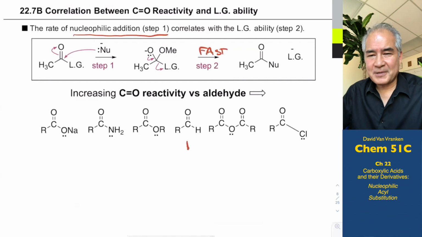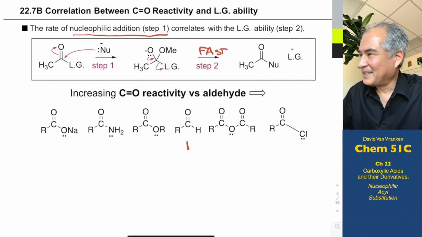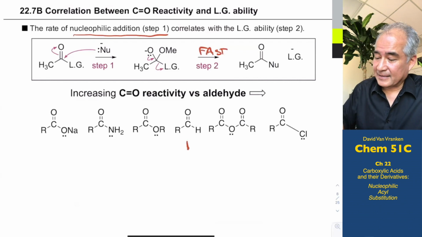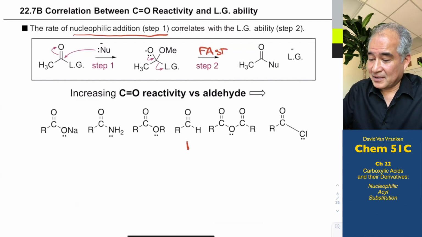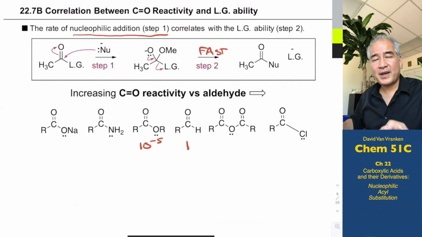My group recently published a paper, the first comparison to give you the ability to compare these numbers together. It's pretty powerful. Okay, so relative to an aldehyde, an ester is way less easy to add to the carbonyl. How much slower do nucleophiles add to the carbonyl? Well, in general, it's about 10 to the minus 5. Right? This is exponential, 10 to the minus 5,